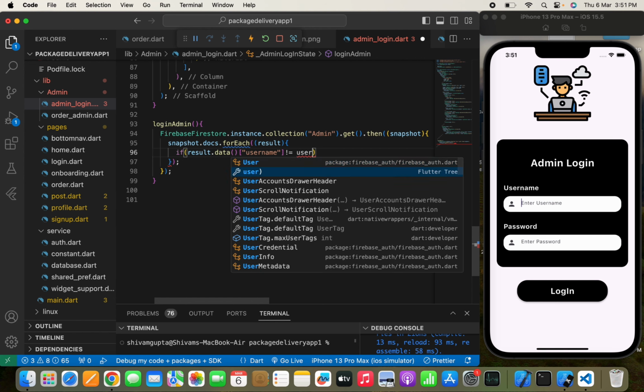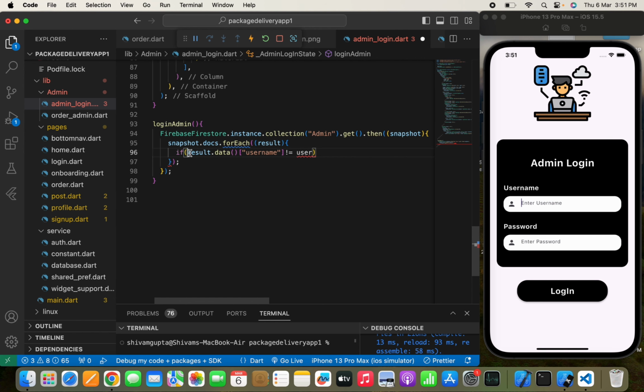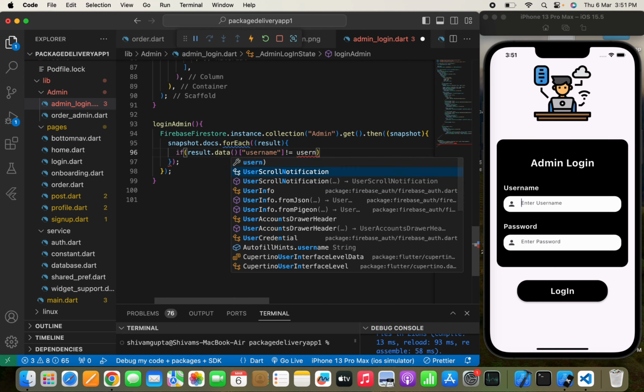So if both are not matched, because as you can see I've written result data username, the username field that we are getting from Firebase is not equal to, this sign is not equals to, the data that the user enters in this text field. If it is not matched, then we'll just write